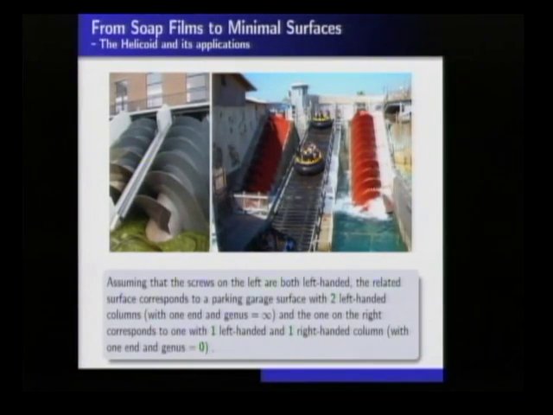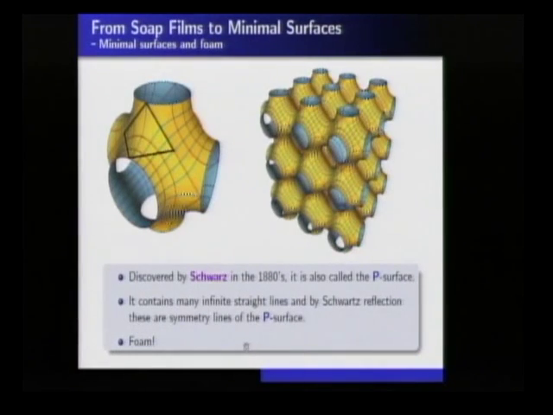So the first case, you have one end. In this case, you're going to have two limit ends. You're going to have an infinite number of ends on the surface. Somehow an infinite number of ways to travel to infinity. We're going to look at this in a little bit.